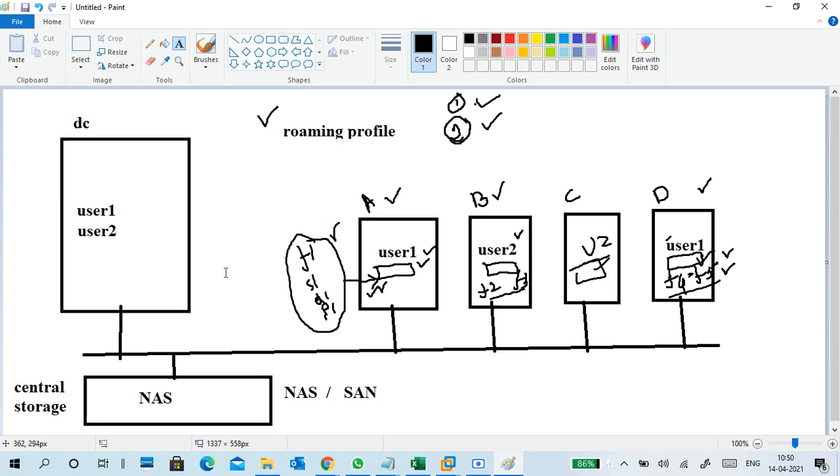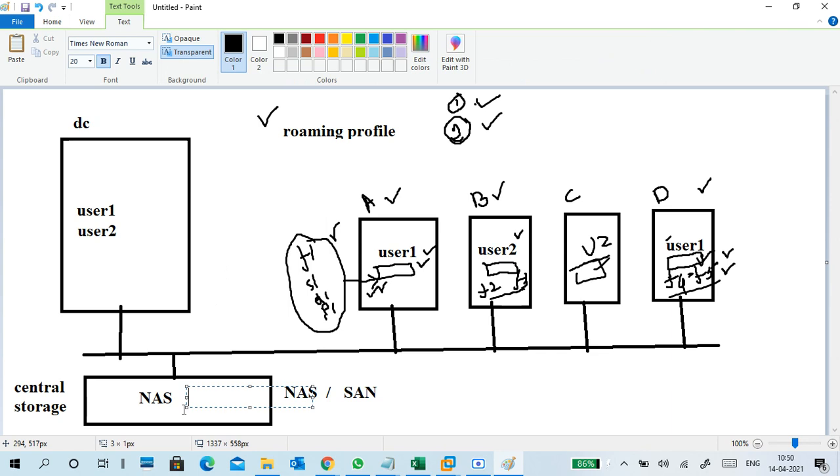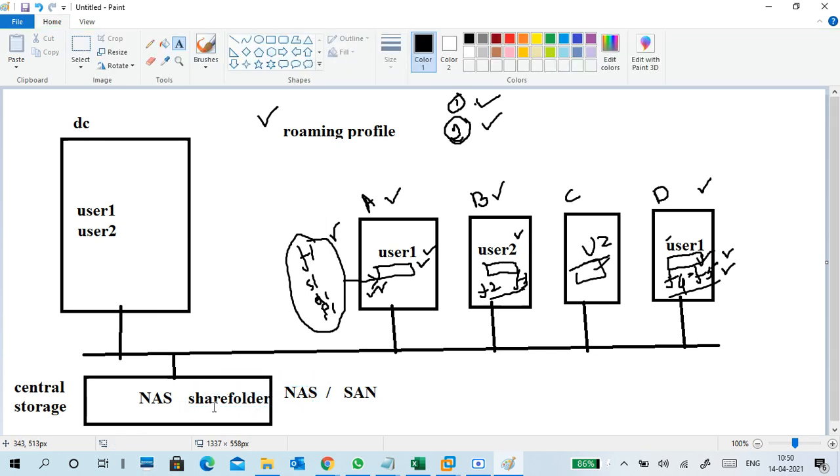We already know shared folders. We know sharing things: share one, share two, share three. So the data is stored in a sharing manner only. In NAS, data is stored folder-wise in shares. But last time in the practicals, in one Windows 10 PC we created data and shared it, and we accessed the data from another PC. So in that first scenario, it is controlled by and under one PC.